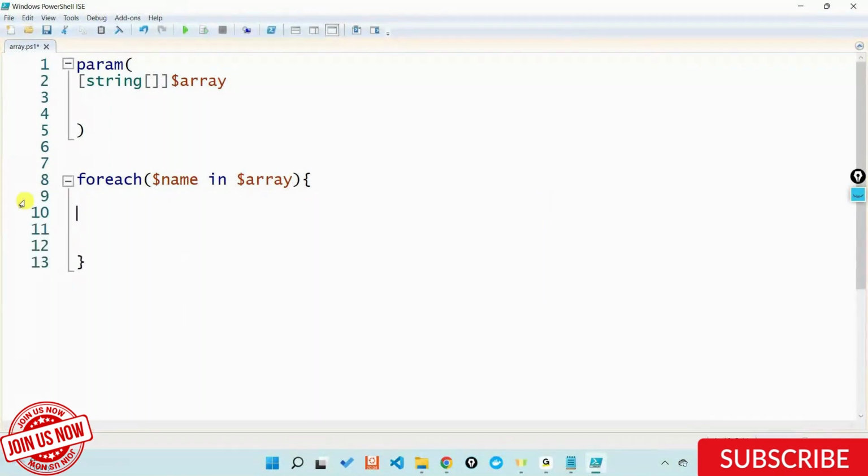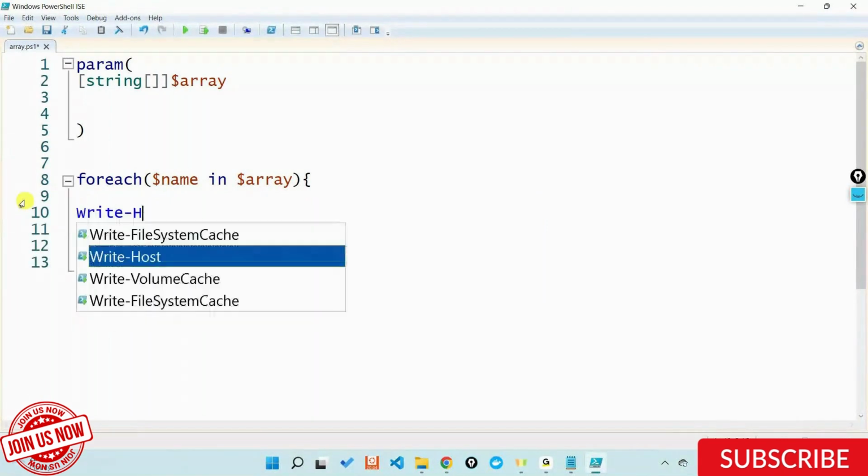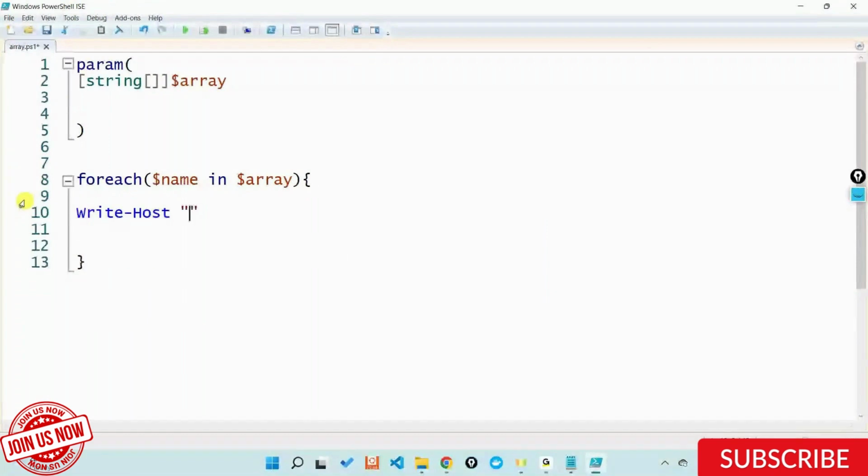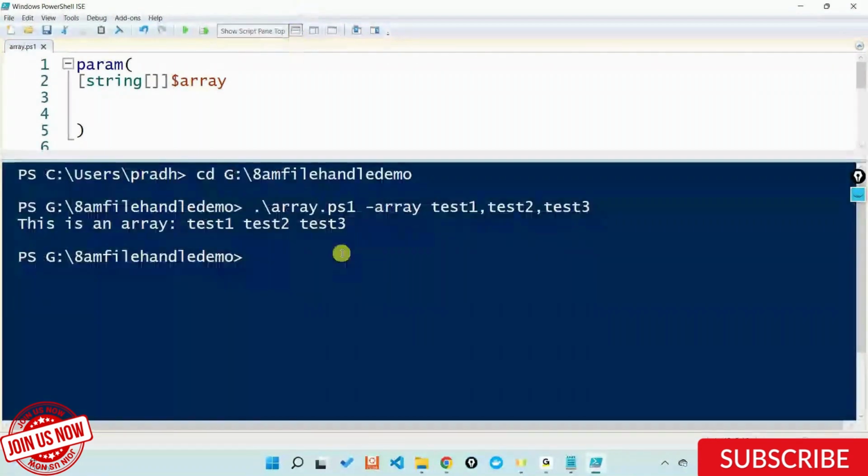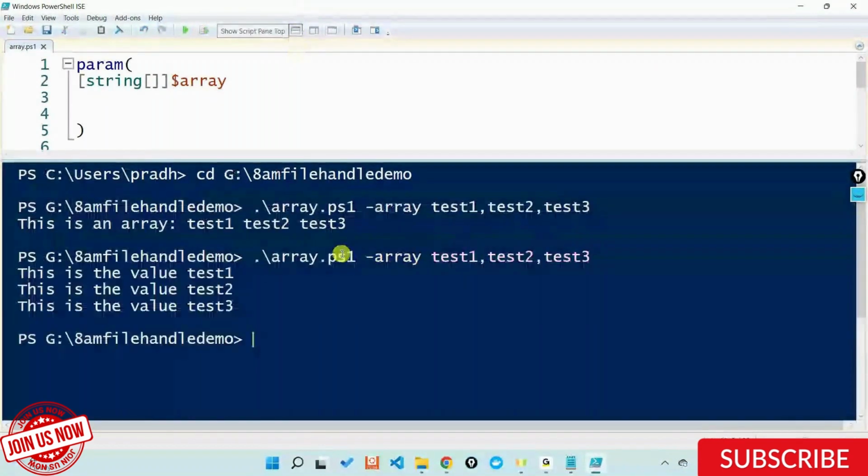If I do a foreach with write-host, this is the value, $name, and re-execute this once again, I'm getting this. So how do I pass this out?